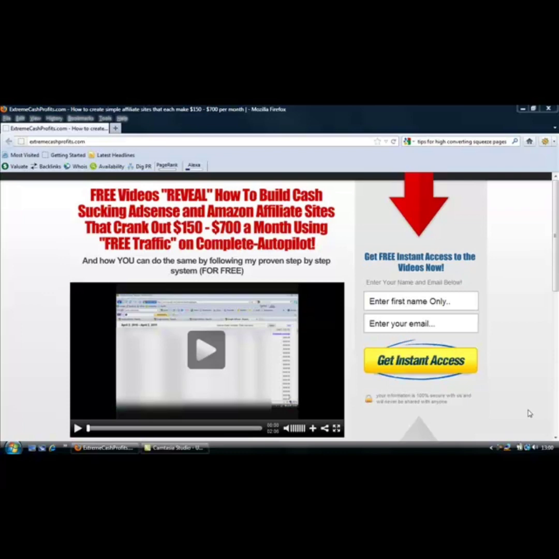The first tip is to use power words in your headline. Power words, I mean words like reveal, free, basically words that really pull people in and create attention. I've also used the words "cash sucking", because cash sucking is a lot better than using the word making. I could have put how to make money with AdSense and Amazon affiliate sites, but that doesn't sound very good, does it? So I chose the words cash sucking because